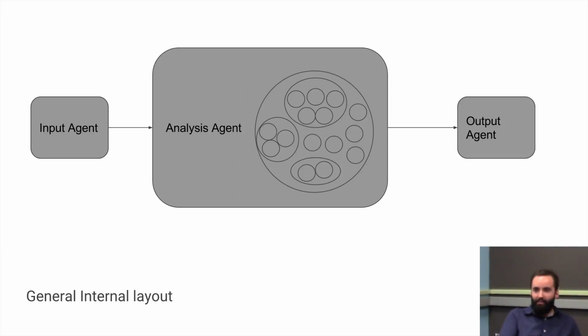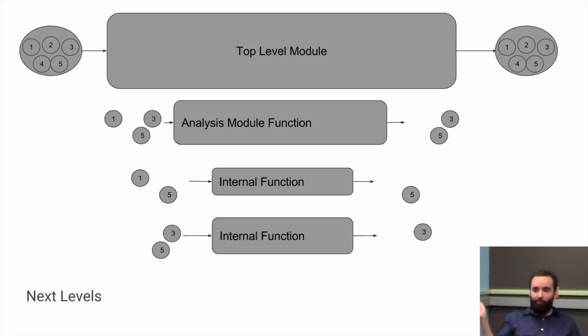So when's the analysis happening? Every time something comes in. But is it happening inside the output agent or the analysis agent? A little bit of both. Sometimes the output agent will be transforming it into a different format, so let's say it needs to be in percentages instead of decimals, things like that. Most of the logic is in the analysis agent. I made it big to say that's where most everything happens. The input agent's really just to make sure I'm reading my queue correctly, and the output agent's to make sure I'm not blocking on writes. It's a throughput thing.